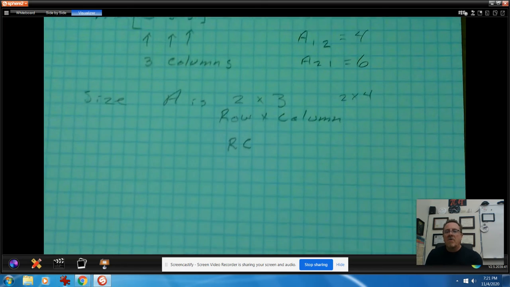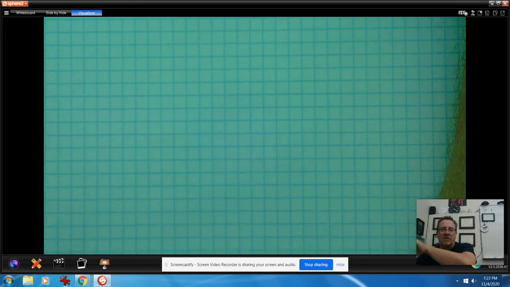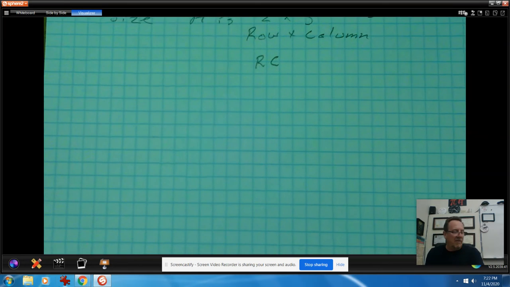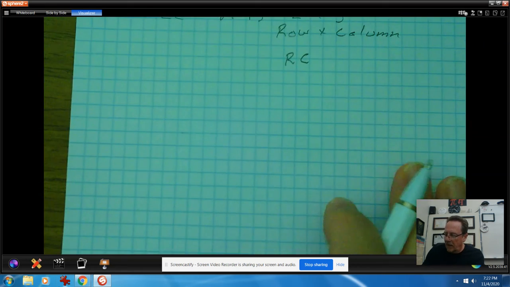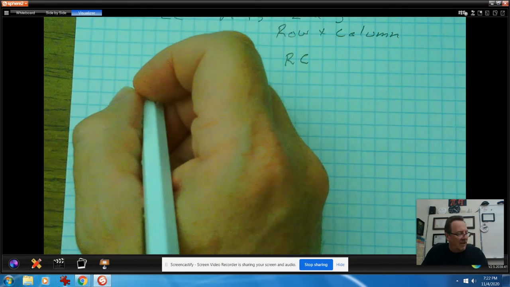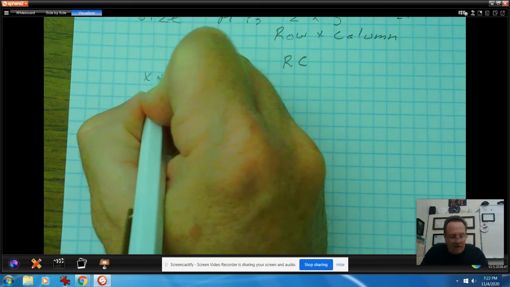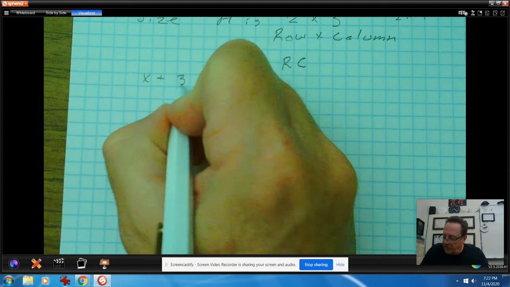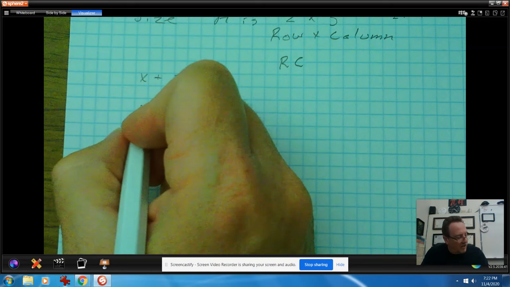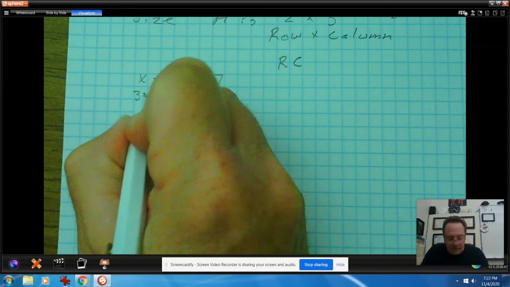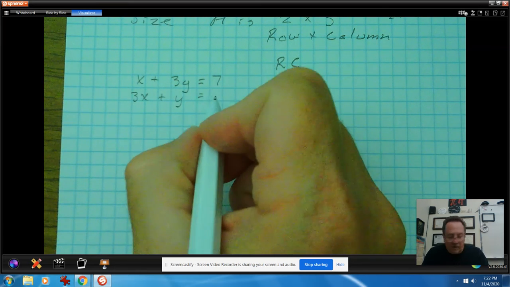Okay, moving on. Why would they have put matrices in this chapter? And the reason is because we can represent equations within a matrix. For example, if we had the equation x plus 3y is equal to 7, and the equation 3x plus y is equal to -8,